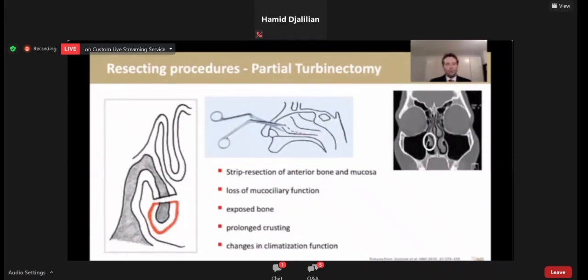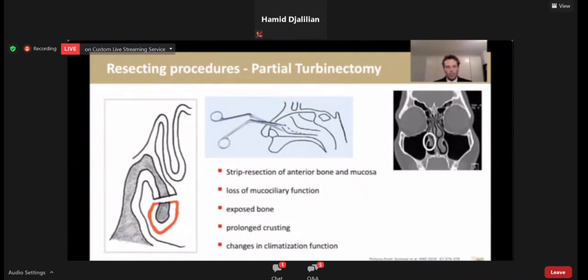Now I want to come to the full-thickness resections, the partial turbinectomy, and I will present here the strip resection. You just take a scissor and resect the inferior part of the inferior turbinate, and this is for sure combined with the loss of mucociliary function, because you are losing mucosa, you are losing swelling tissue, and you have the problem of exposed bone in this area. So there is normally prolonged healing with crusting, and you have to do debridement in the long term to get